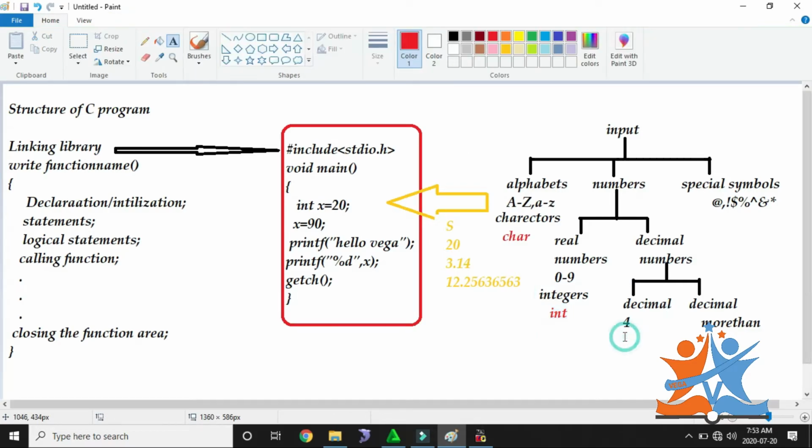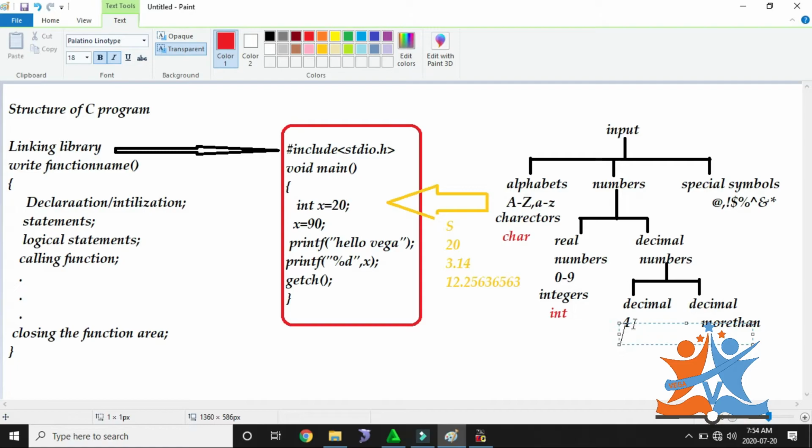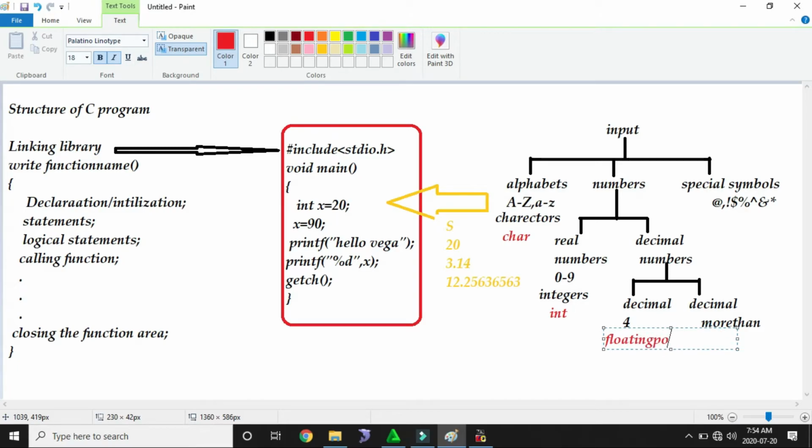And here we have the decimal of 4, that is a floating point value. They gave it the shortcut name float.